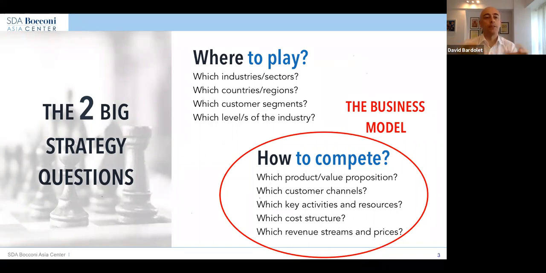Companies choose how to compete, and they build their business model by making several choices that are not independent from each other, of course. They are related to each other. So the choices they make in, for example, as you can see here, the type of product that they offer, is very related to the type of channel. Right? Certain products have to be put in certain channels. If you change your product, you probably will have to revise a lot or just a little the channel you are using to distribute it. So these choices are interrelated.